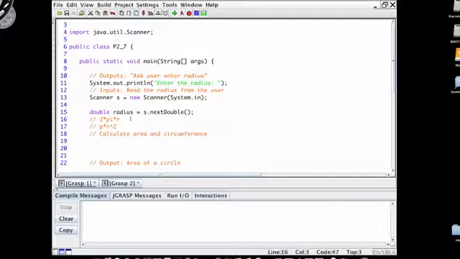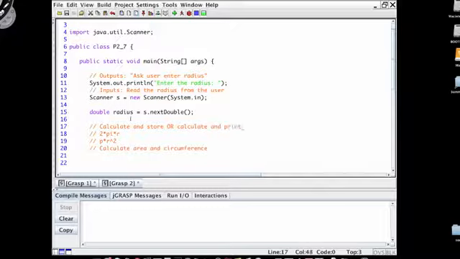I can either do the calculations as I output them, well, yeah, let's do it like that. So how do I want to do this? Two approaches. I can either calculate and store, or calculate and print. And so let's do calculate and print first. So let's do system.println. Area is colon space. And then what I'll do is